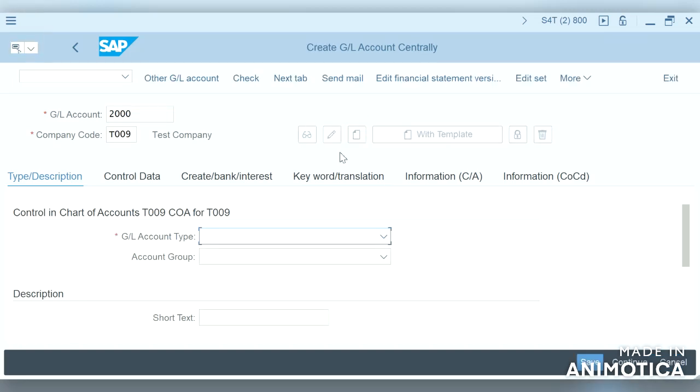See, as we have not created the retained earnings account, it has not allowed us to create GL account. So that is the purpose. We have to create the retained earnings account before creating GL account master data. So now we are creating 2000, which is an asset balance sheet account.